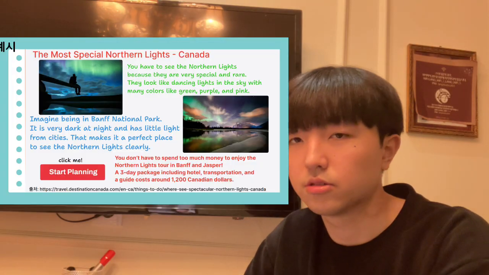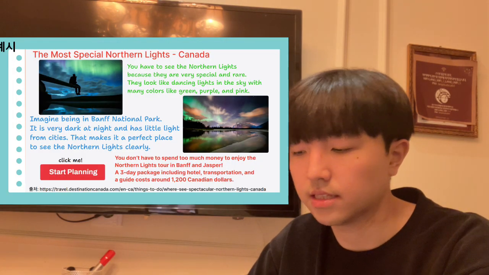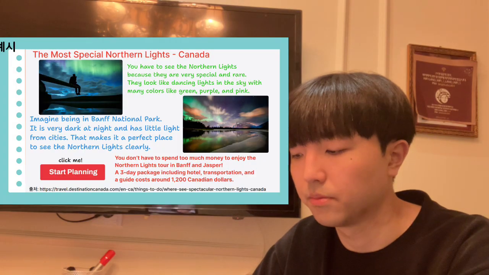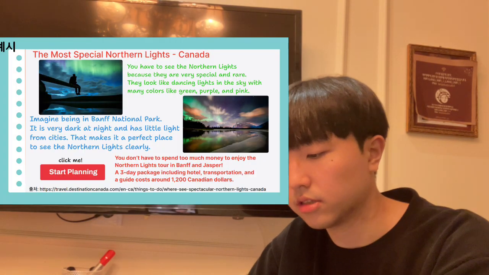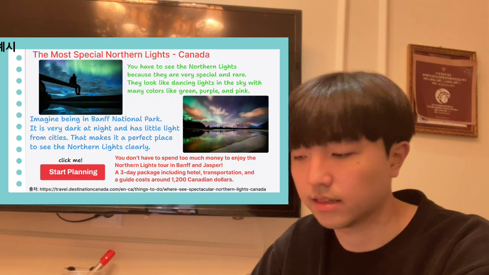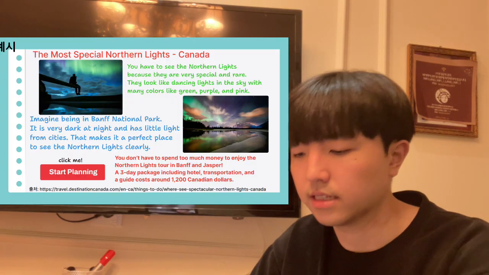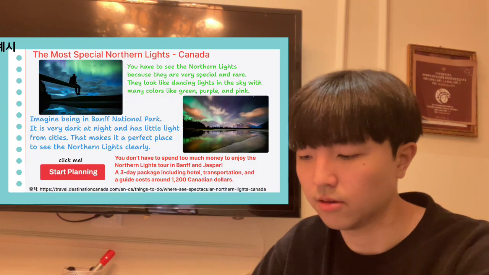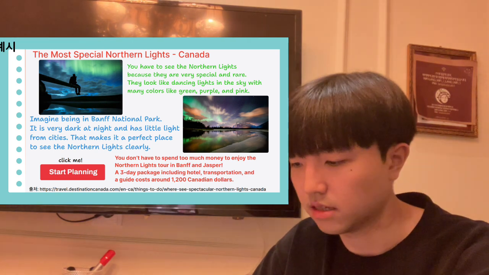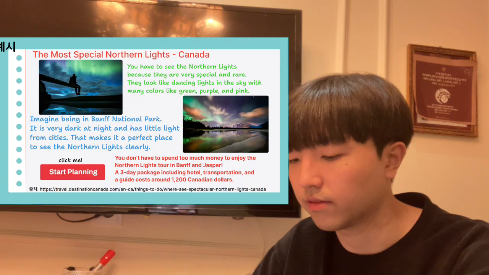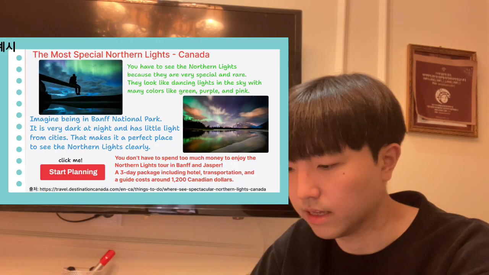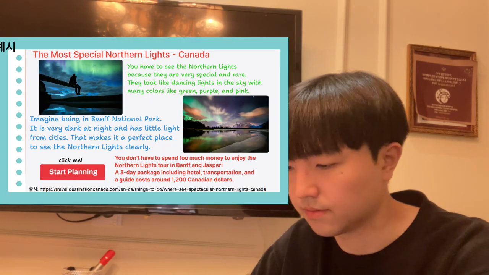Looking at the example, you can see the title at the top, The Most Special Northern Lights, Canada. It's good to include something special in the title, like why it's unique or what makes it stand out. You can use persuasive phrases you learned from ChatGPT when writing your sentences.